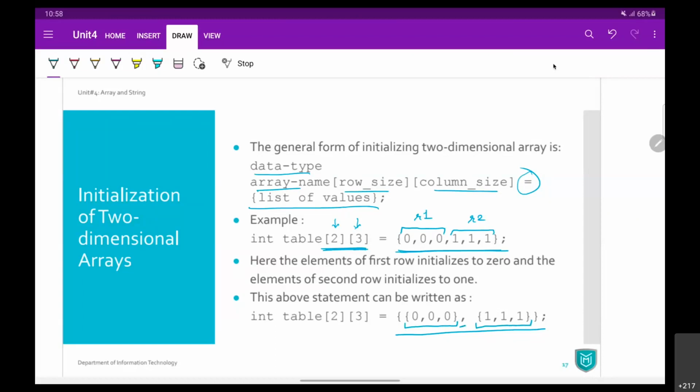Now this is much more understandable, but it is somewhat complex also, and you have to go for multiple nesting of curly brackets, which will increase the complexity.